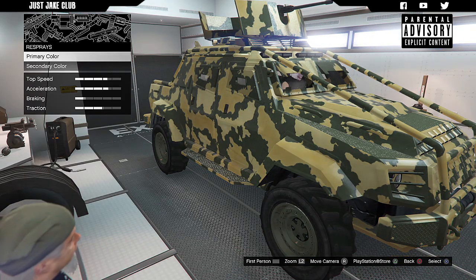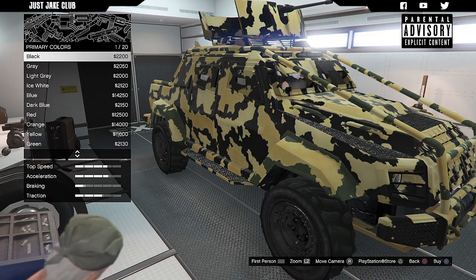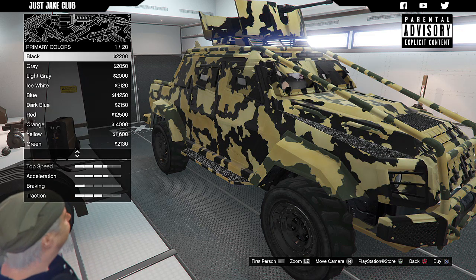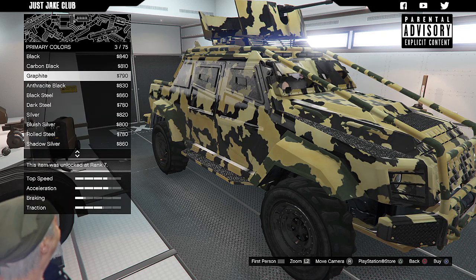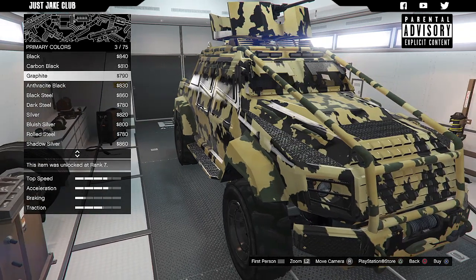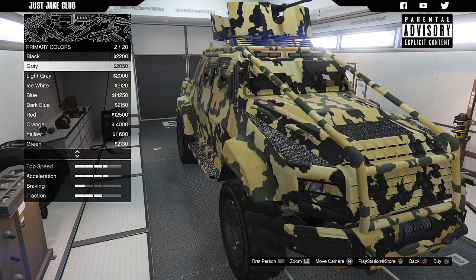So next we're going to go to the respray. We do want to go primary first. We're going to stay matte with this because I think matte colours look a little bit better with these liveries. I think if you go like the classic, it's a bit too glossy, and I don't think it matches, or it doesn't really suit that well. I think it looks a bit strange. So we are going to stay matte. In regards to the colour,